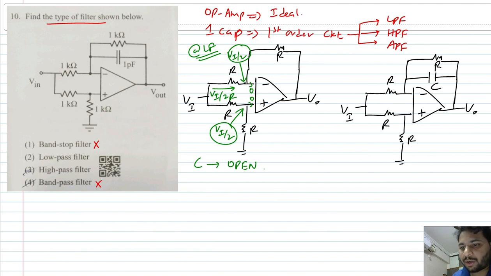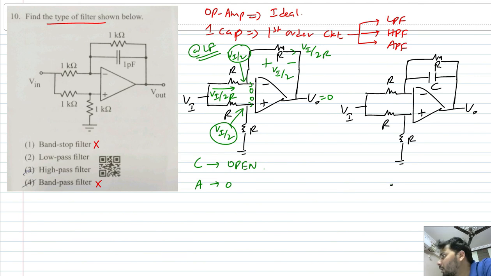Now this Vi by 2R will flow through this R. So even this current is Vi by 2R. And the resulting drop across R will be Vi by 2. Now this is Vi by 2, then you have a drop of Vi by 2. Vi by 2 minus Vi by 2, V0 is 0. So at low frequency, the output is 0. If the output is 0, even the gain will be 0. So here itself we can say that the given circuit is a high pass filter,